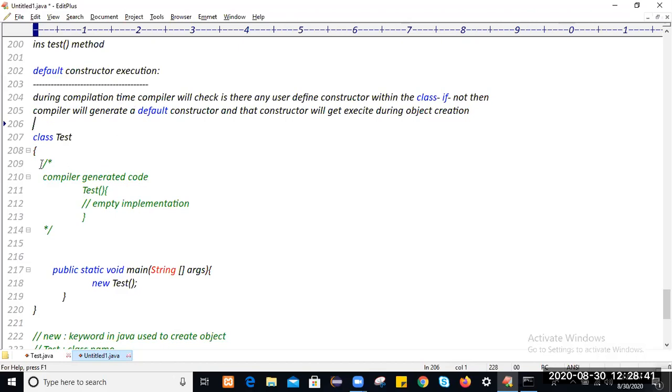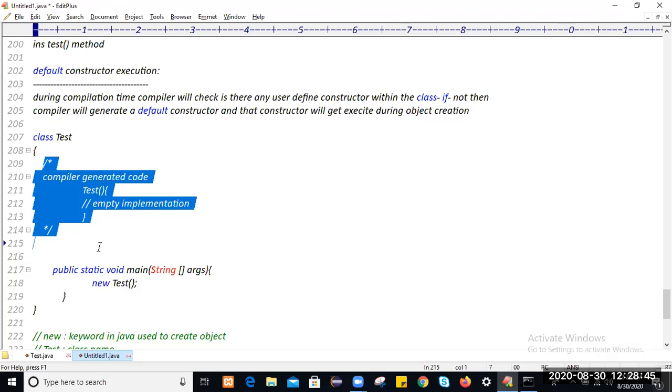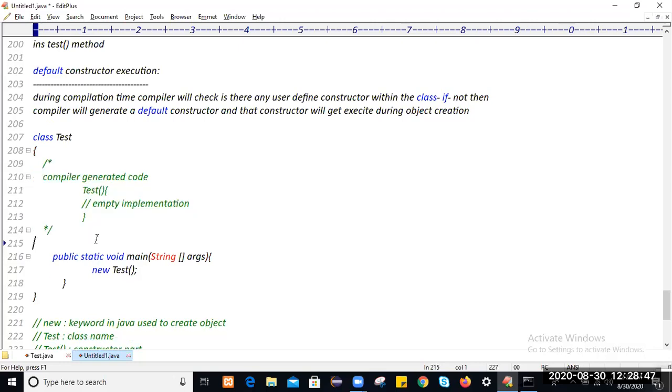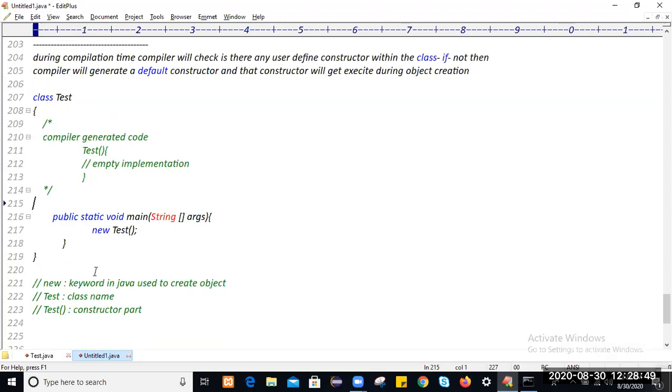Okay, so this code will get generated by the compiler. Default constructor code will be generated by the compiler if no constructor is available within the class, and that constructor will get executed during object creation. Am I clear?